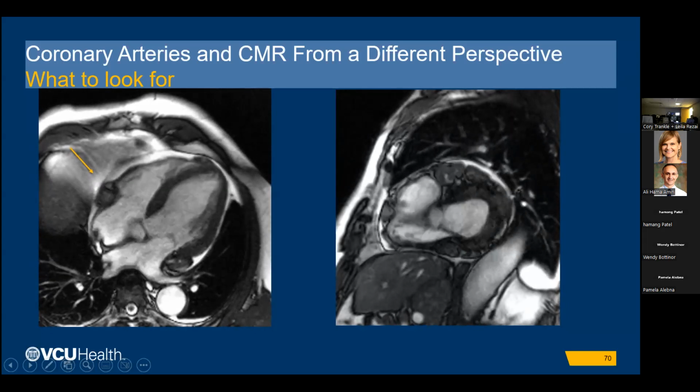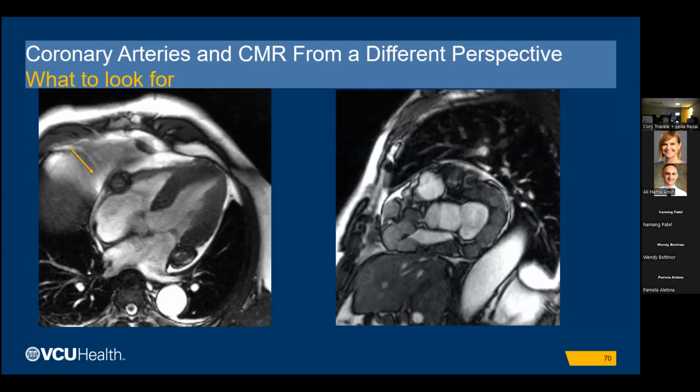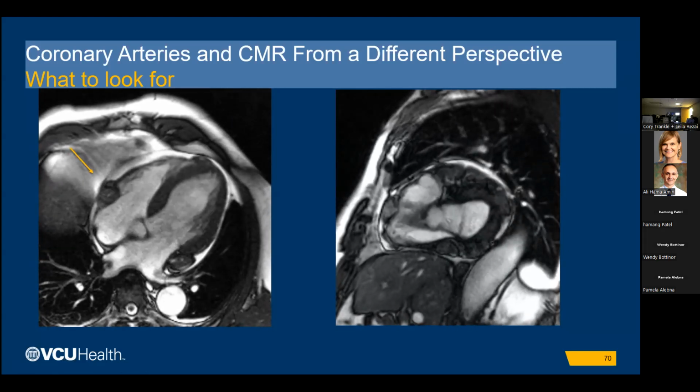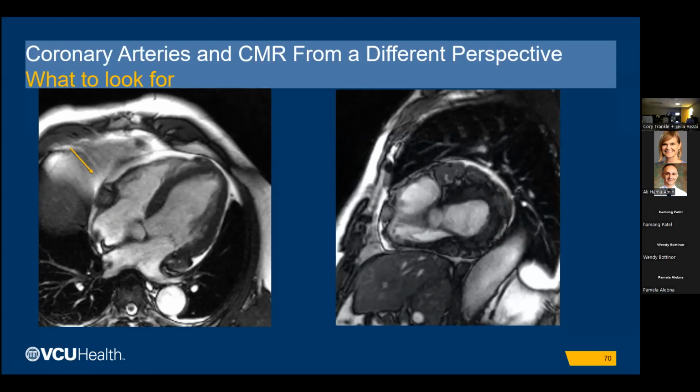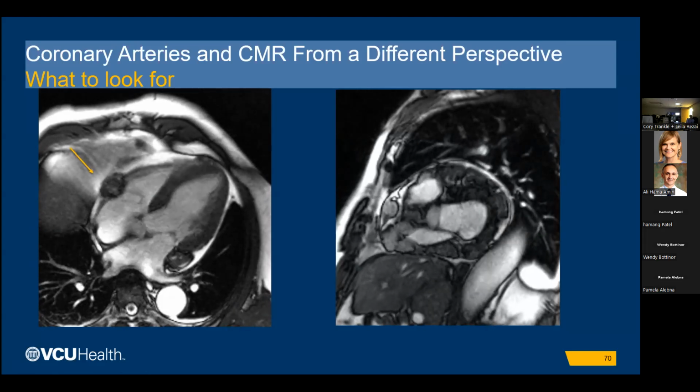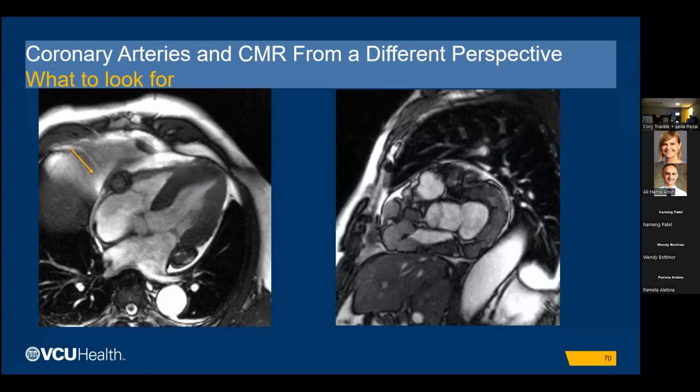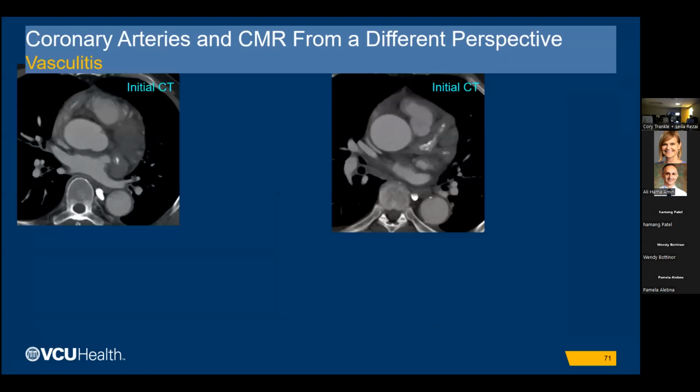Patient had renal disease at the time the study was ordered as non-contrast, so we don't have a post-contrast to see how these look like. However, after that, patient was referred for coronary CTA. So here, this is his initial CT, and we can see this big fold. There is accelerated calcification of the coronaries, and